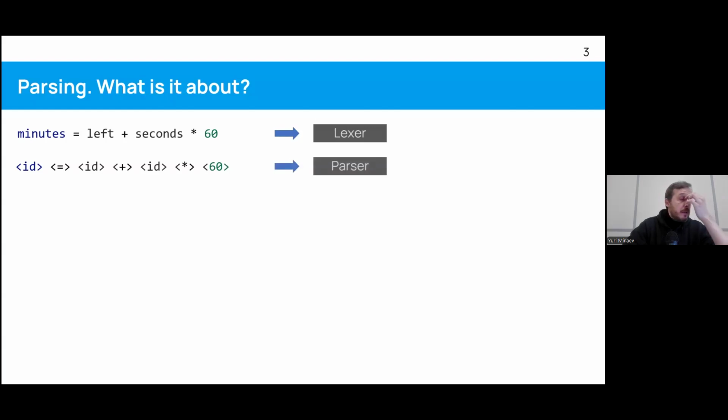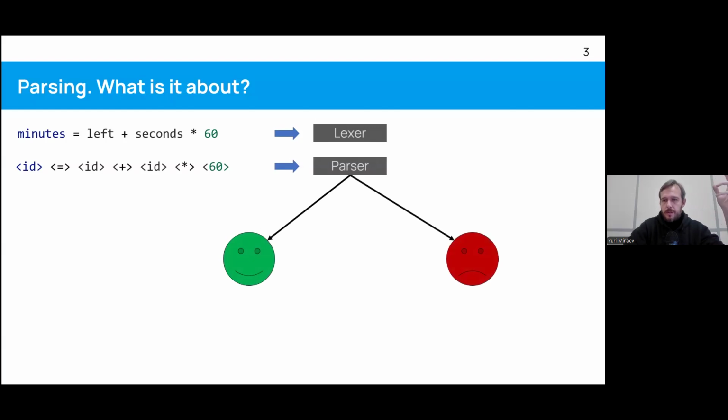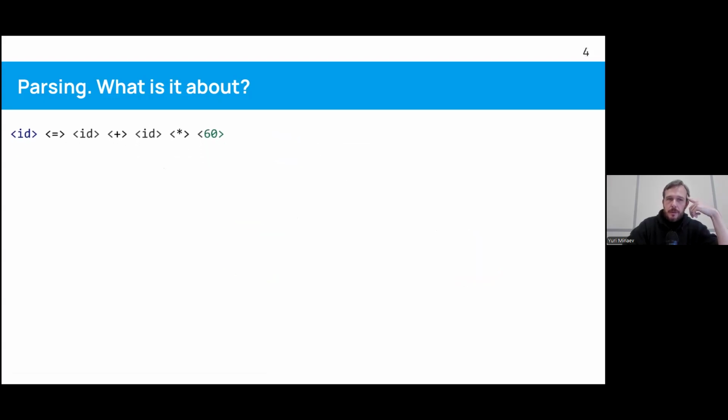And actually, the parser, its task is to take some input and tell you whether it belongs to the target language or if it doesn't belong to the target language. But obviously, this thing is kind of useless. I mean, how often do you have to check if you get something in some language just for the sake of checking that? So usually it's used for something different.